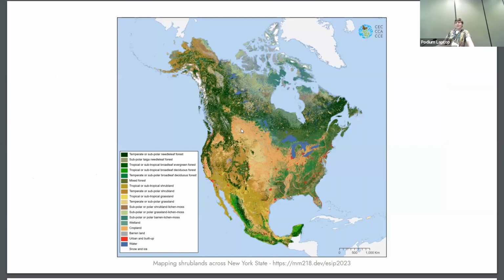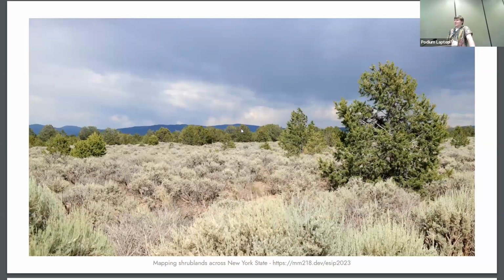They are fantastic, irreplaceable products. It's just that there's a few issues with shrubland that made them not really useful for our purposes. Specifically, I keep saying the word shrubland, and if you're from the West Coast, you're probably thinking of something that looks like this. Shrublands in a huge chunk of this country are these large, relatively open, so few woody trees,